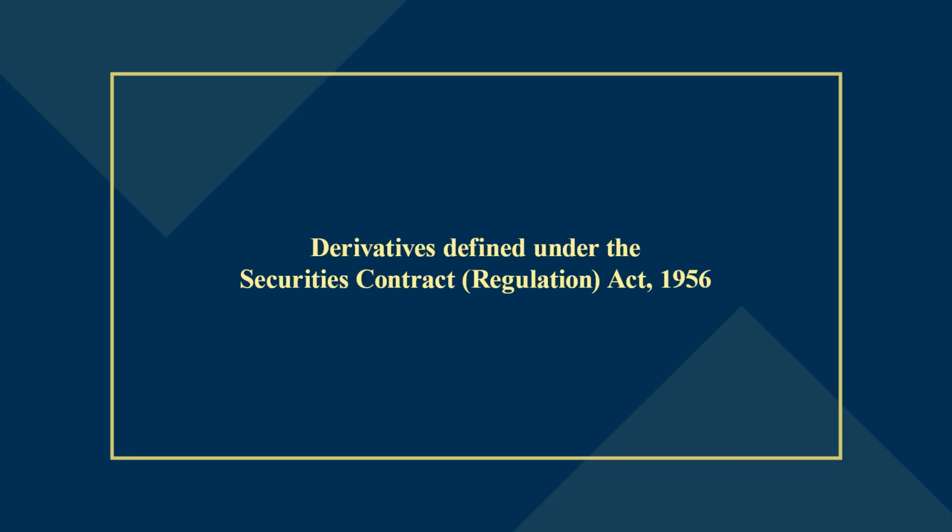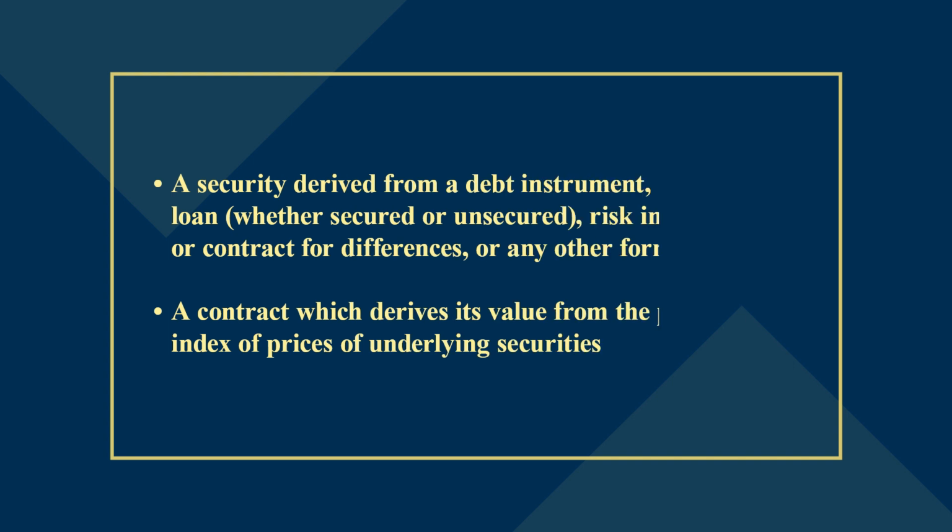Derivatives defined under the Securities Contract Regulation Act 1956. The Act defines derivatives as a security derived from a debt instrument, share, loan, whether secured or unsecured, risk instrument or contract for differences, or any other form of security. A contract which derives its value from the prices or index of prices of underlying securities. Derivatives are securities under the Securities Contracts Regulation Act, and hence the trading of derivatives is governed by the regulatory